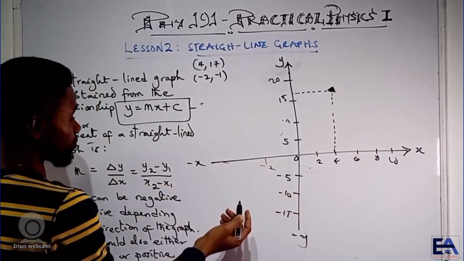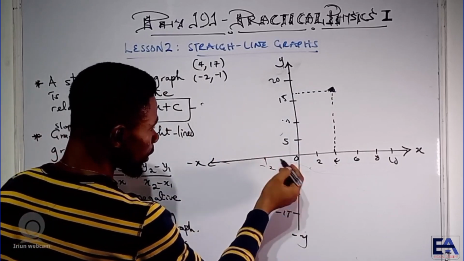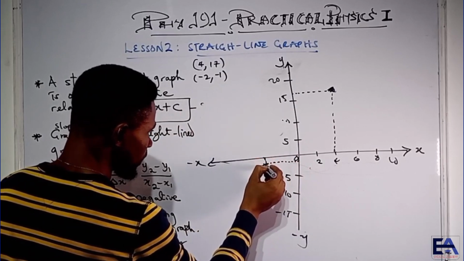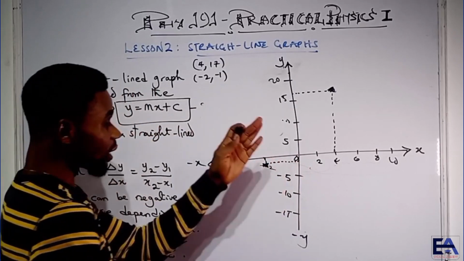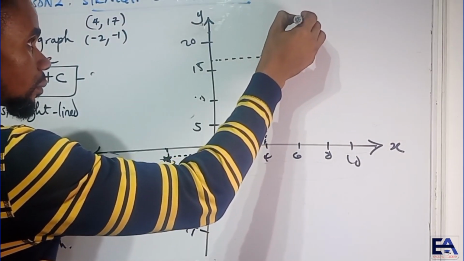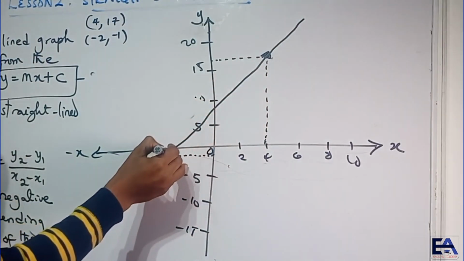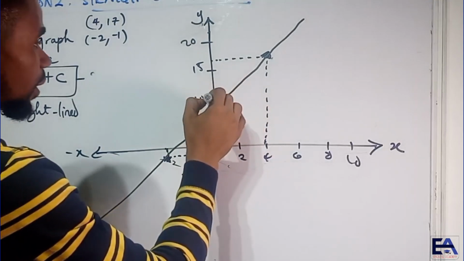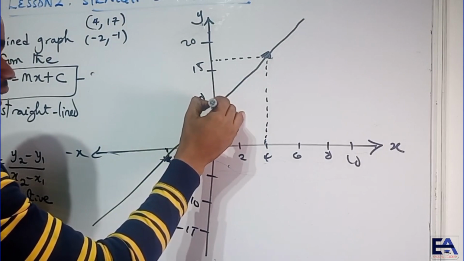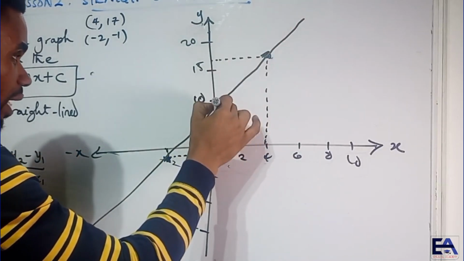When x is minus 2, y is minus 1. So minus 1 is somewhere around here. So we have minus 2, minus 1, then you join it together. If you have a long ruler, then you can connect the 2 points, okay? So good. Now, the place where the graph, the straight line, cuts across the